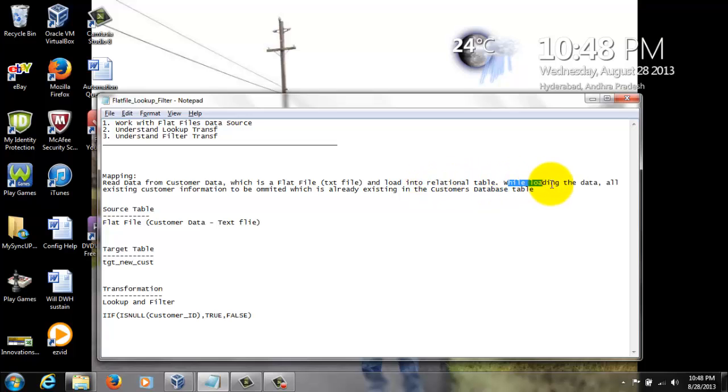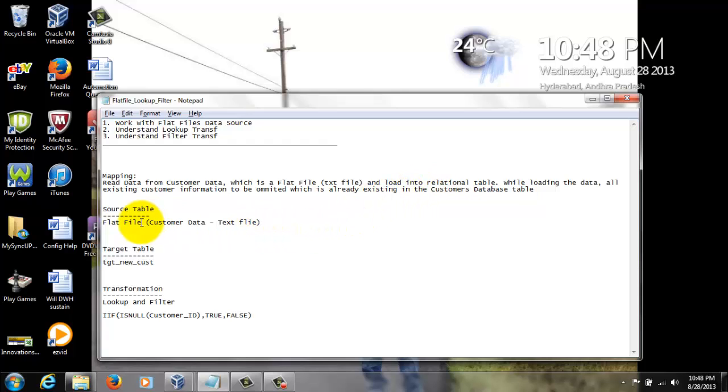While loading the data, all existing customers information is to be omitted. Let's say out of 100 records in customer data, if 10 records are already present in the database, then those 10 records should be omitted, and the rest of the 90 records should be loaded into the customer database table.